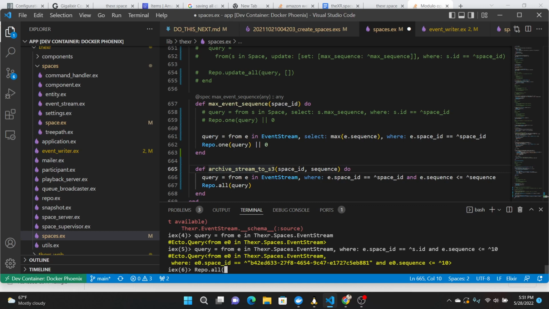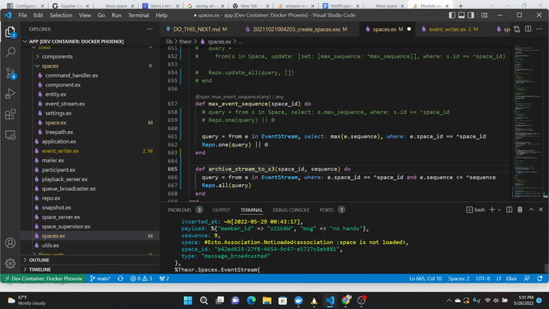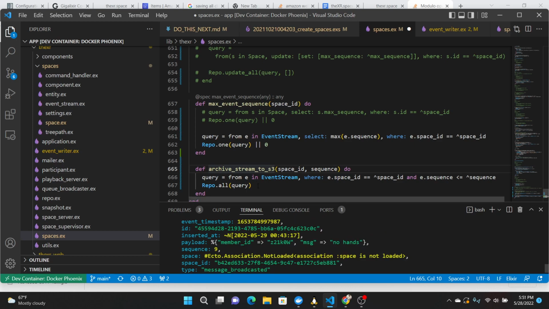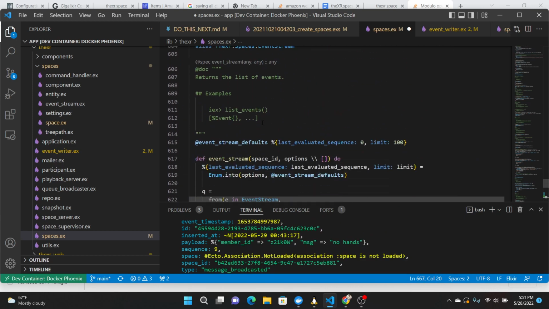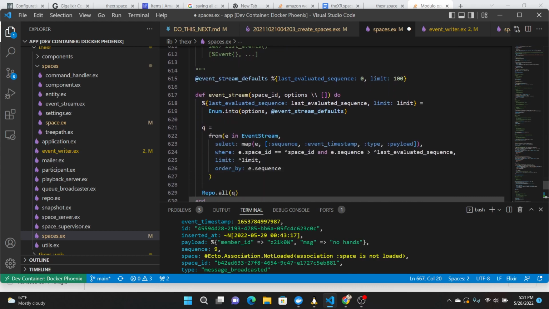Repo all query. Okay, looks like it worked. So with these, we'll want to get something. Event stream kind of did the same thing. Last evaluated key